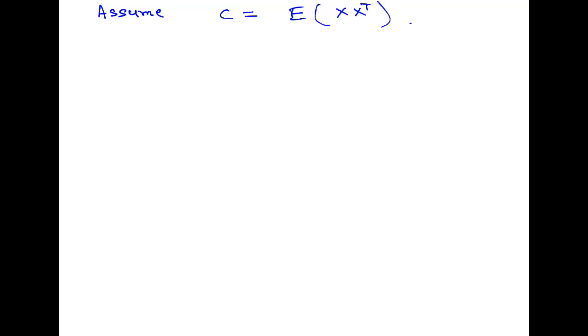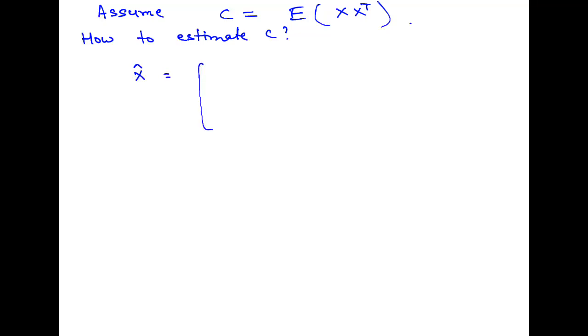How to estimate C? So we have X. What is X? X is a random variable, but we also have observations of each of those random variables. So let's say X cap. X is actually a vector of random variables, a vector of size n. Let's define X cap as a matrix of observations, the realization of the random variable.